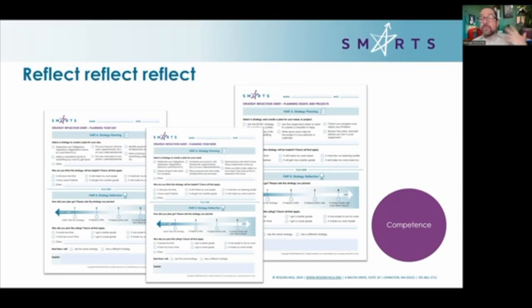If you just ask those four questions regularly, and as in my EF coaching life, I always ask those, what do you want to try and why at the end of the session? When you see them, how did it go? What should we do next time? If you could just get in the habit of asking those consistently, you're going to be developing those competence beliefs because they're going to be coming into greater awareness of what actually works and what doesn't.